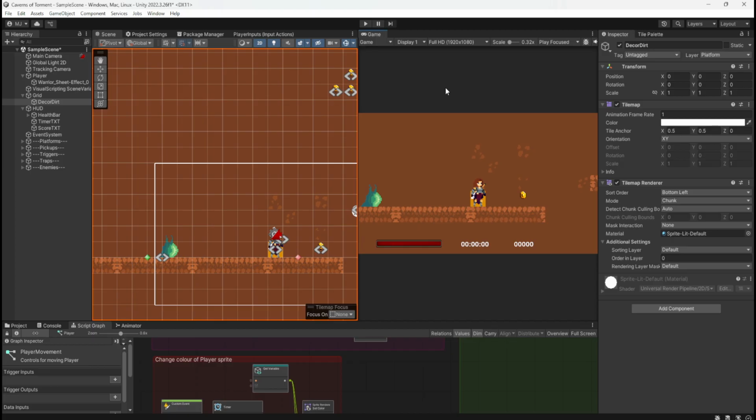Their backgrounds tended to be slightly desaturated in comparison to the foreground. So the platforms and the actual environment that Mickey Mouse traverses, it was brighter and more vibrant, and it actually popped from the background.